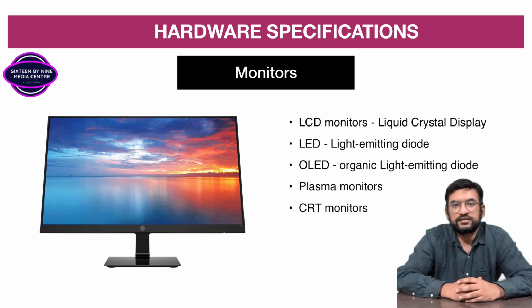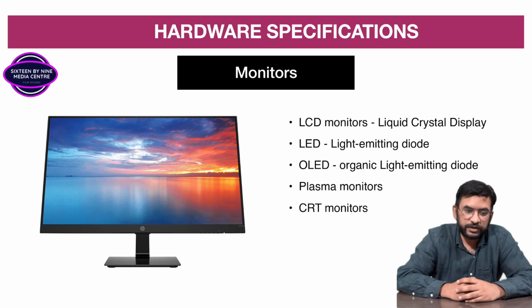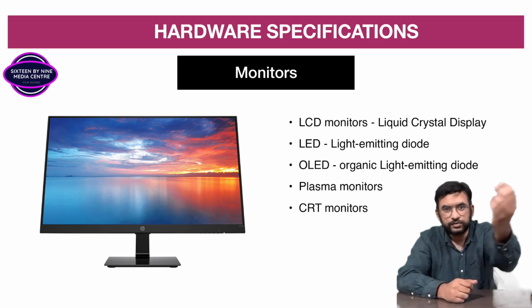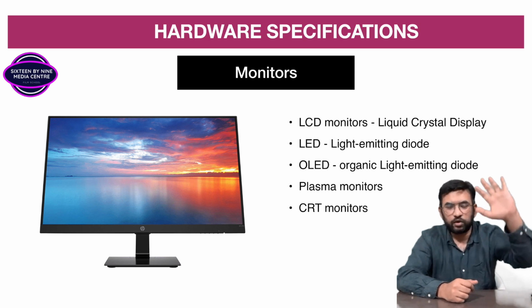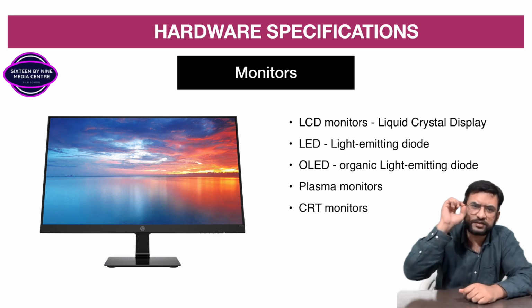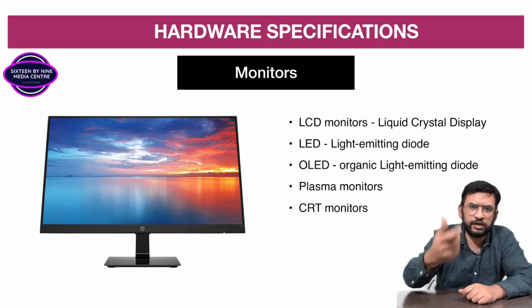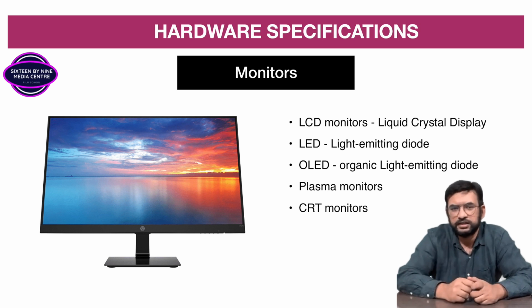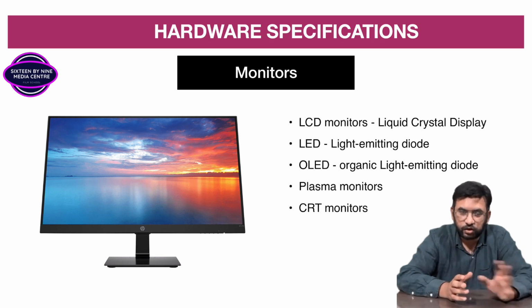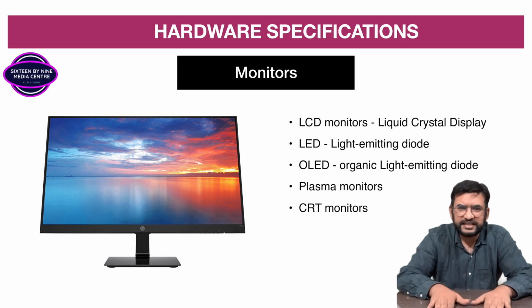Then the last one is plasma. Plasma monitor is made up of plasma material. Fluorescent lights we can see on the screen of that, and it gives much more. Each and every pixel is illuminated with RGB in the plasma monitor. So any monitor you can use, not CRT. CRT is gone now. Generally we use LCD monitor.